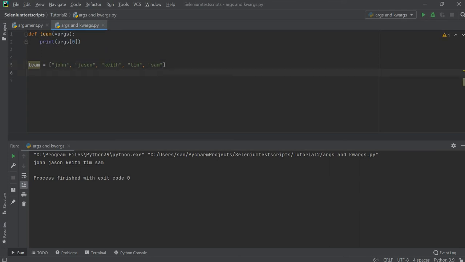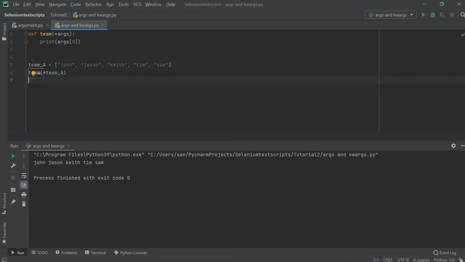Okay, so now I'm going to call this function again, team, and inside this what you need to pass is team, but as it's a list, and as you can see I have put an asterisk here, I must put an asterisk here also, and I'm going to pass this team which is a list. But when I'm passing this I should change the name, I guess. Yeah, let me change the name to team A. Okay, so now it's better.